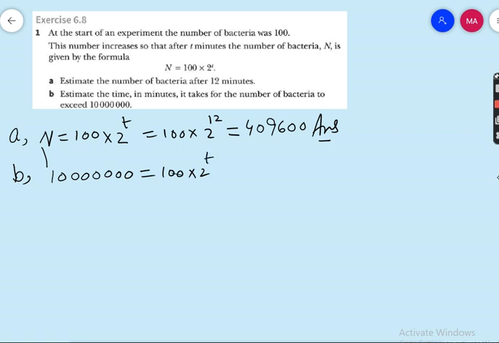These two zeros cancel with these two zeros. The remaining is 1, 2, 3, 4, 5 into 2 is equal to